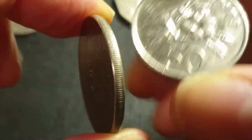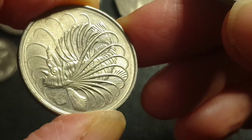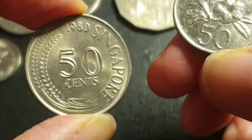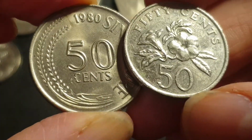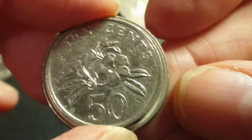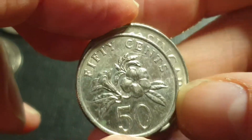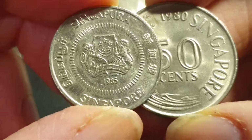So that's the first evolution. This one has, I think it's a rockfish or a zebrafish, don't know, it looks nice anyway. That one is still legal tender, but it's no longer used. And then we have the second coinage. This one is a little bit smaller. First it was reeded and then it was lettered. So that is a reduction. If you want the sizes and the